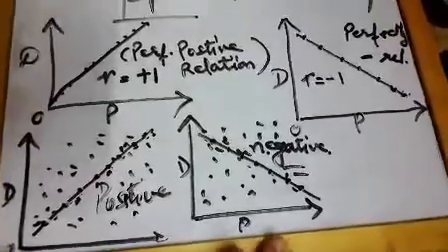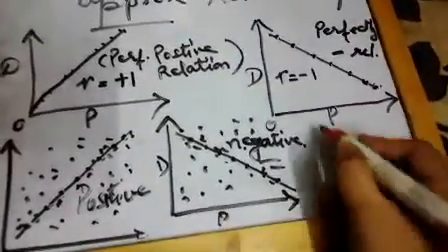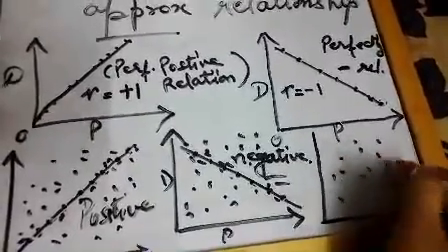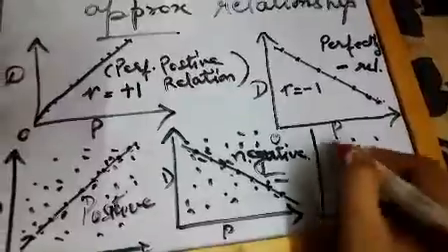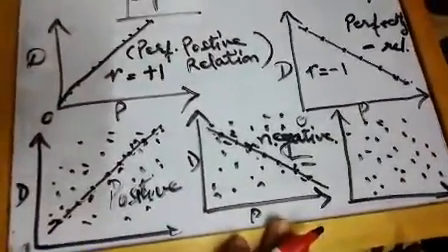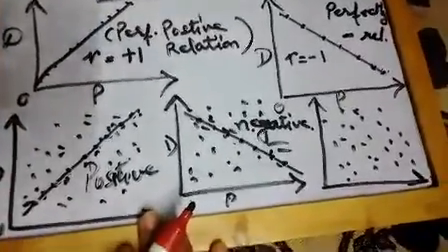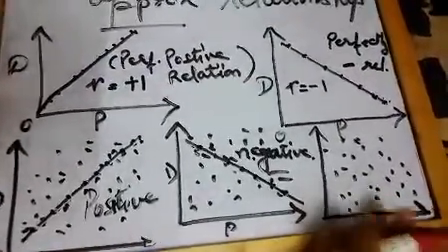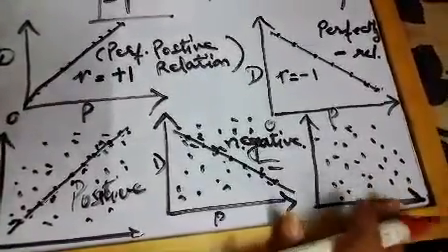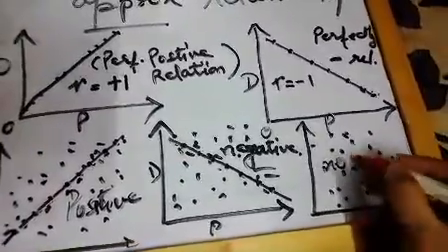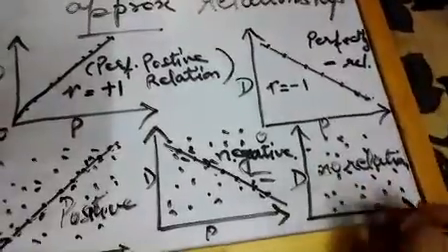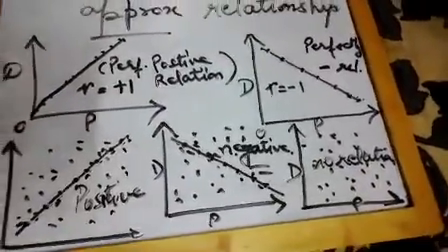And the last diagram which we get when we have a set of points: suppose these are the points, but we do not get a negative sloping line or a positive slope line. No straight line is developed when we join these points. So in this case we can say that there is no relation between the given variables, that is the demand and the price.